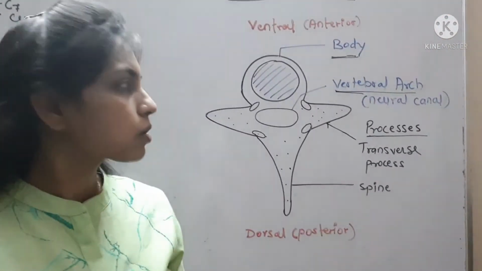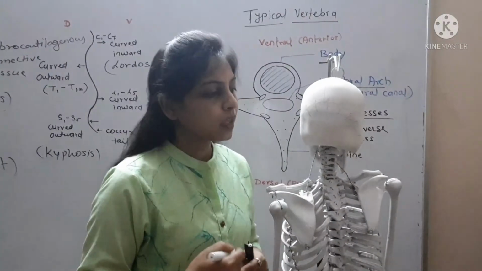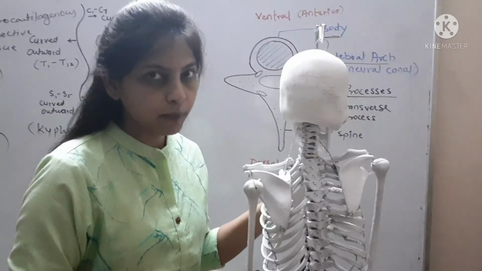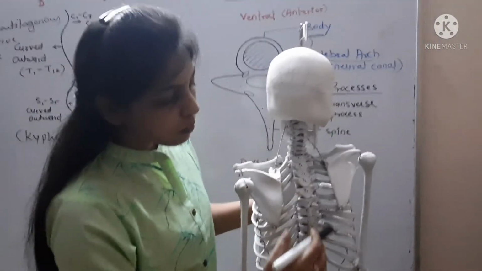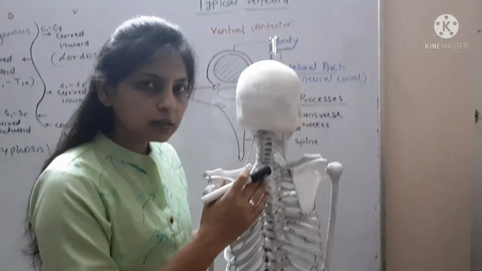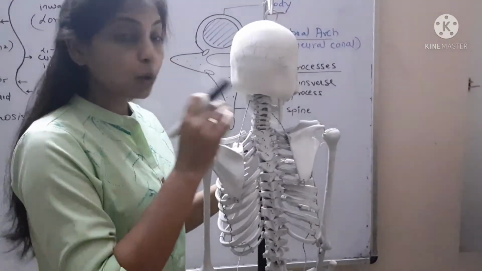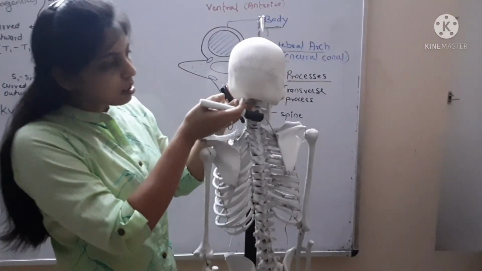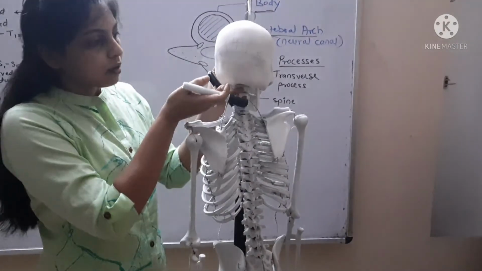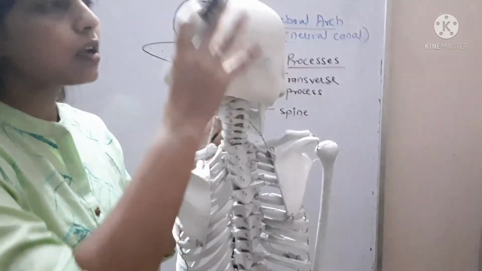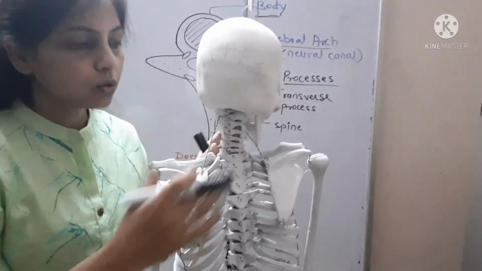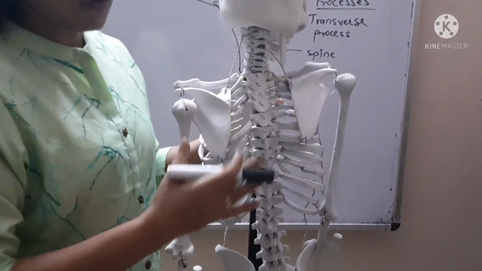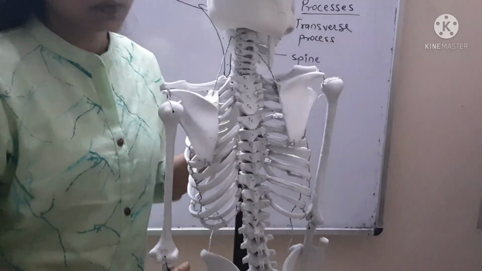Now, what are the functions of the vertebral column? It gives posture to our body and helps in different types of movements. It consists of a neural canal through which the spinal cord passes. That means it provides passage and protection to the spinal cord. It bears our body weight. As you can see, the cervical vertebrae are holding our head, which means they are bearing the weight of our head. And so is the case with the lower vertebrae. It also provides attachment to various muscles, various back muscles.